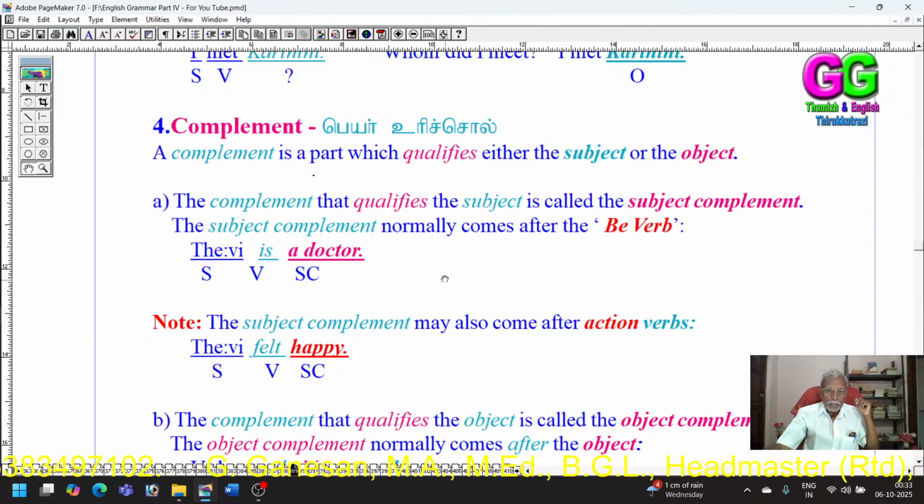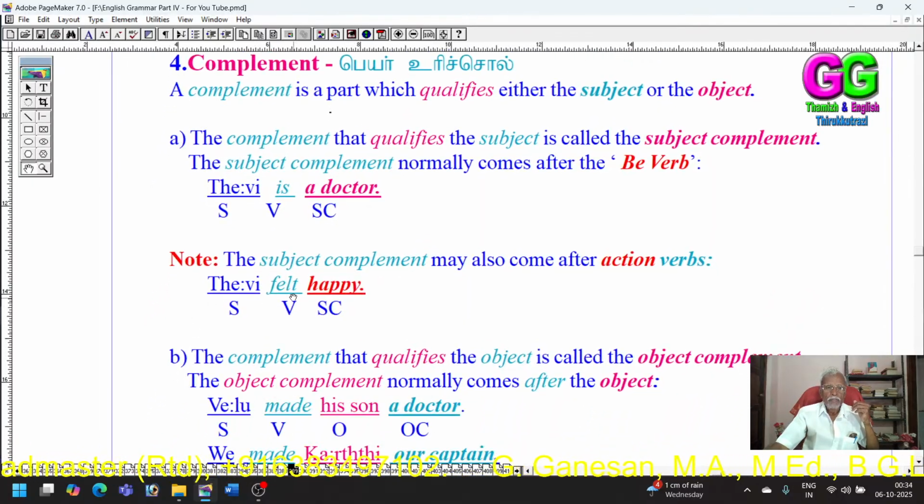Note: the subject complement may also come after the action verbs. Normally, subject complements come after the be verbs. It can also come after the action verbs. Example: Devi felt happy. The complement happy qualifies the subject Devi. So happy is the subject complement. So the subject complement mainly comes after the be verbs. It can also come after an action verb. Then